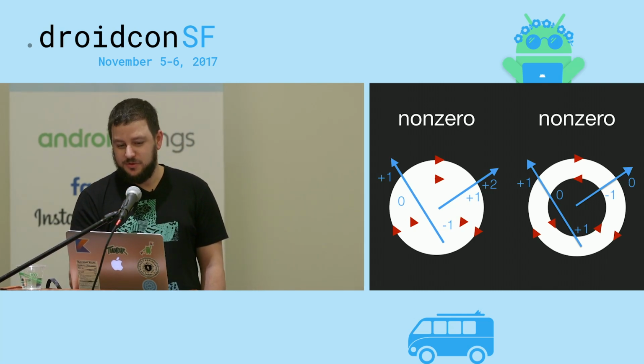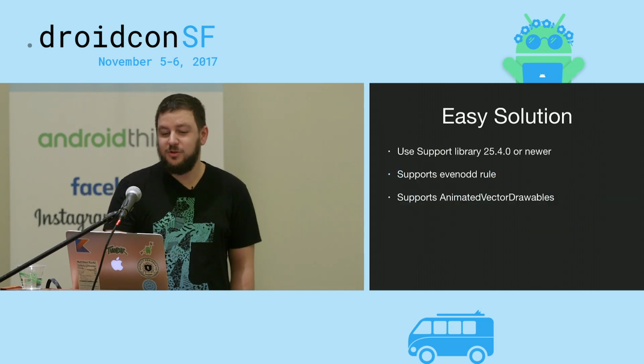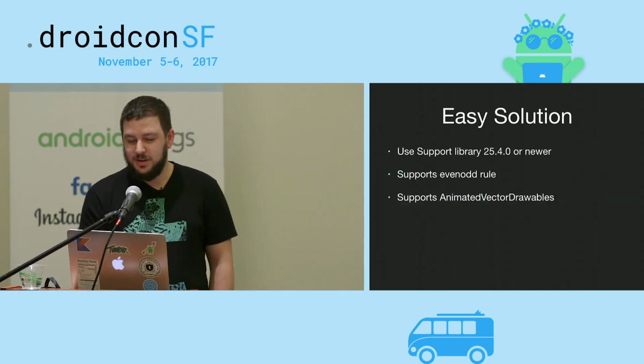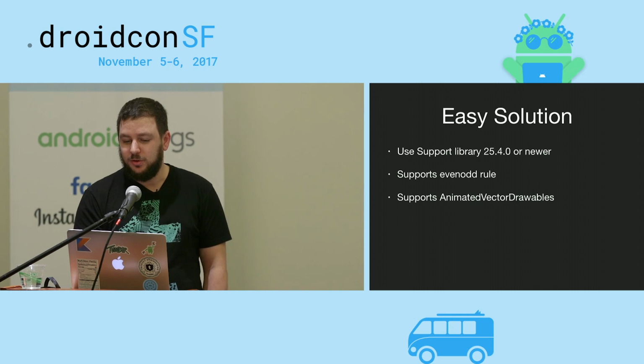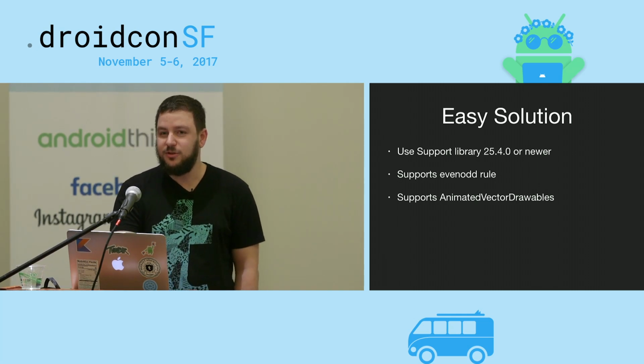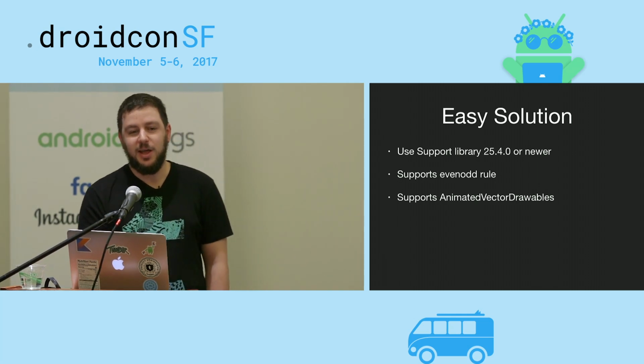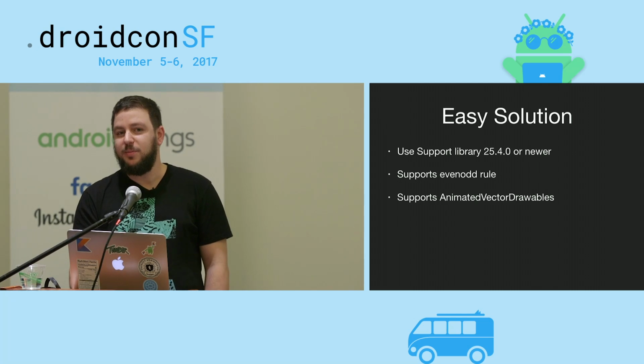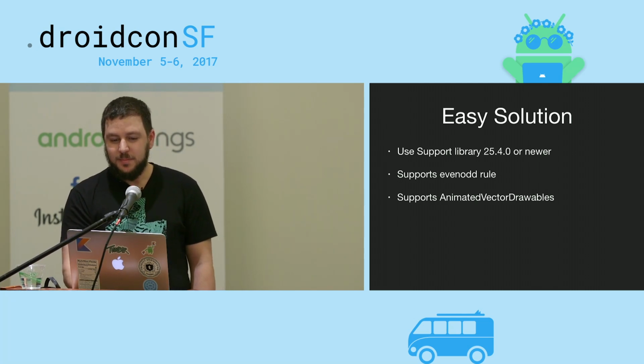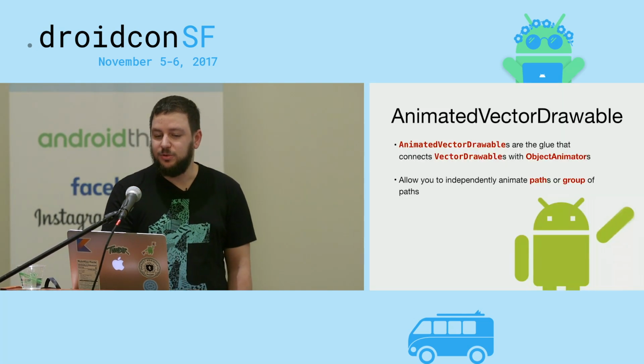What's the easy solution? Well, the easy solution is to use the support library, which backports the even-odd rule all the way back to ice cream sandwich, as well as supporting AnimatedVectorDrawables, again, all the way back to ice cream sandwich. And speaking of AnimatedVectorDrawables,